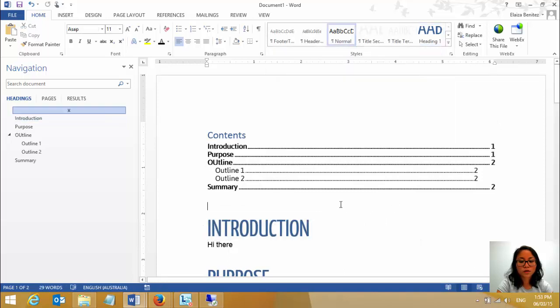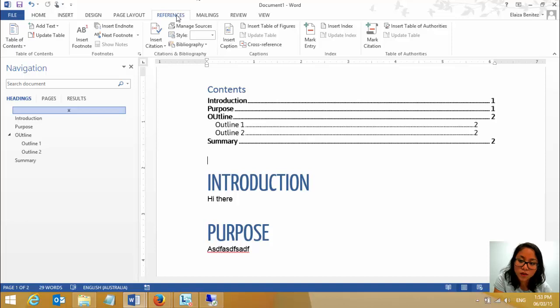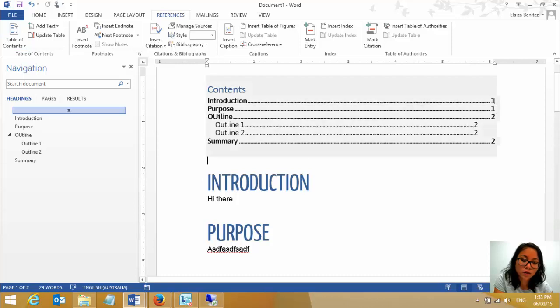If you don't do this, then it's not going to show up in the table of contents. So that's the second thing that you need to do in your Word document. So after you've created your text in the document and you've applied the styles, the next thing to do is add the table of contents,